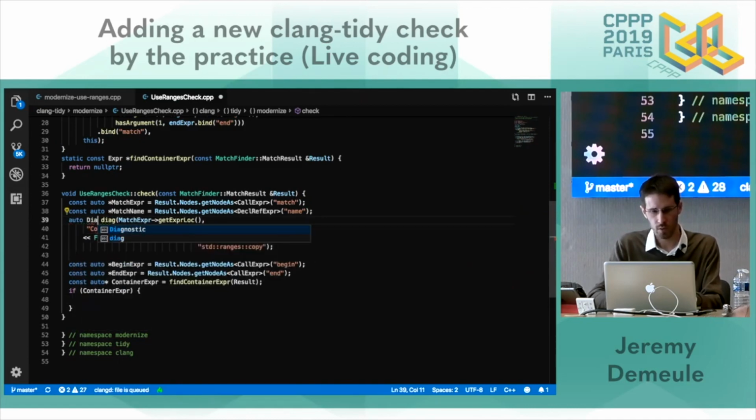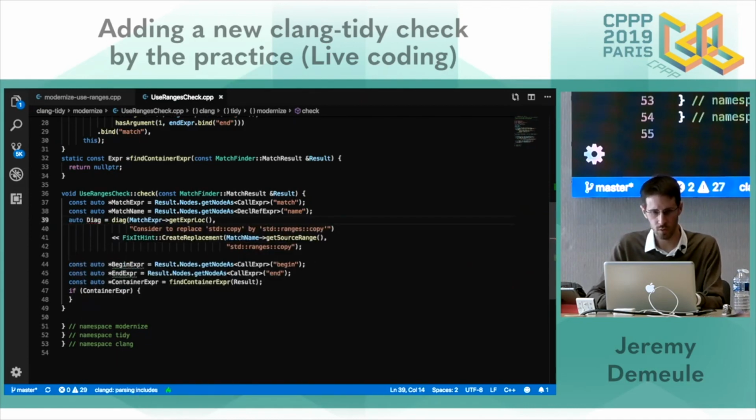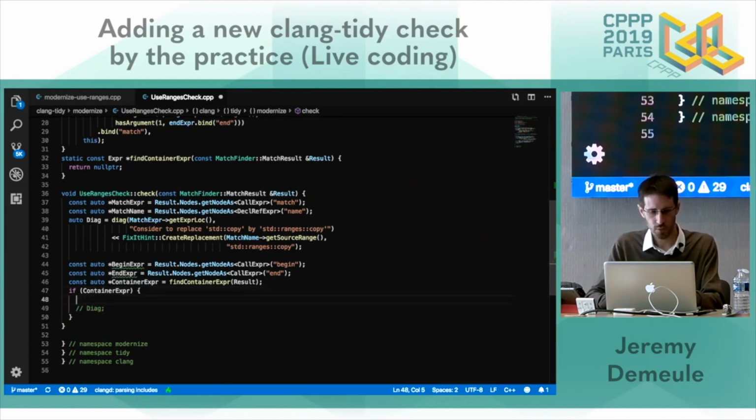So we can store a handle on it, and we will use it here with the fixit hint.